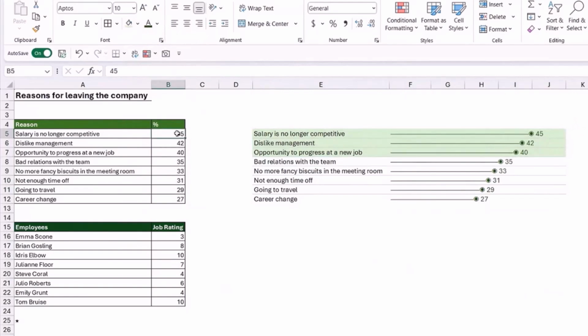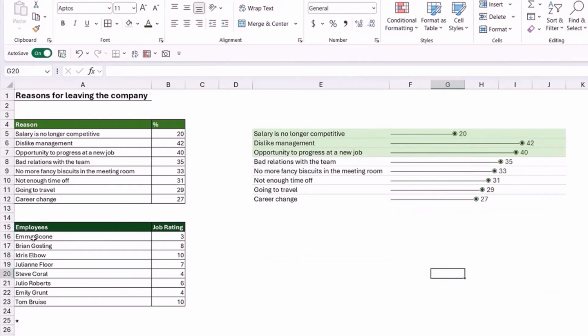So if this value was to change to 20, you can see that updates. All right. So I really like REPT for doing things like this. And there's so many different variations of this REPT formula. I'm just going to show you another variation because this one is slightly different, but it uses conditional